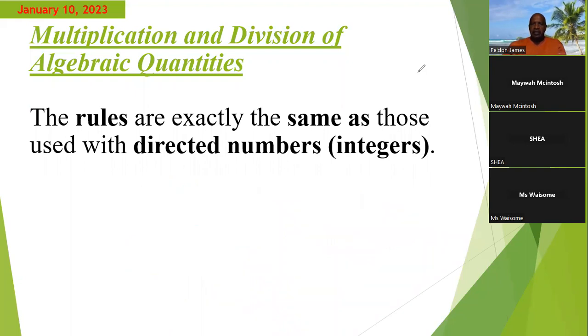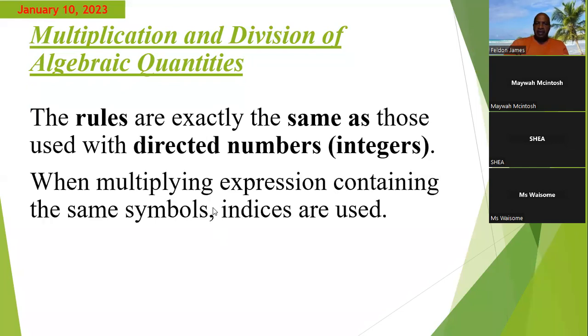All right. Based on what we have just noticed, those are the rules when we are multiplying and adding. The same rule that works for multiplying also works for dividing. Dividing two positives, you get positive. Dividing two negatives, you get positive. Dividing a negative by a positive, you get negative, right? So those rules, you have to apply them when you're working with algebraic quantities just the same. All right? Now, when multiplying expressions containing the